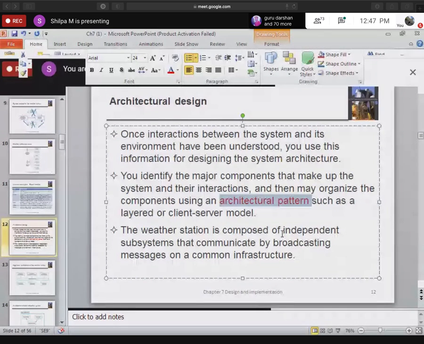First two times you will copy, the third time you will start to write it on your own. So you are copying some pattern, and it is a legal way of copying. They have come up with these patterns in such a way that everyone can copy them. That does not mean that you directly copy the code. You copy the framework from there and use your own code within that. So you can use an already existing pattern and come up with the architecture.